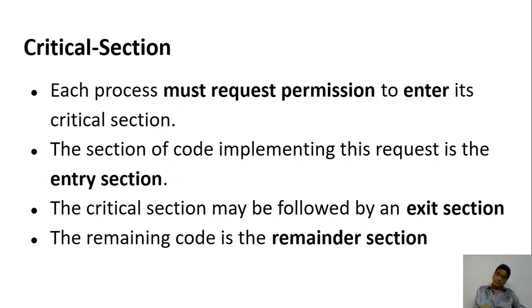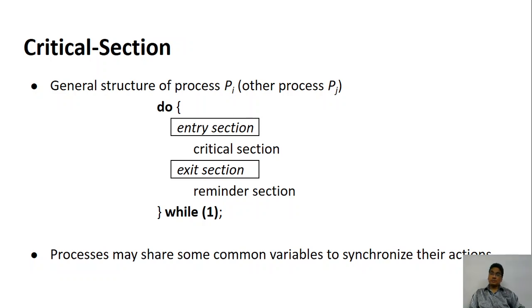If you go quietly and do something in the critical section and come out, others are thinking that you are still there in the critical section. So you enter the critical section, and when you come out, you tell the others. Once the process completes the critical section, it is called the remainder section. So let's look at the code over here.